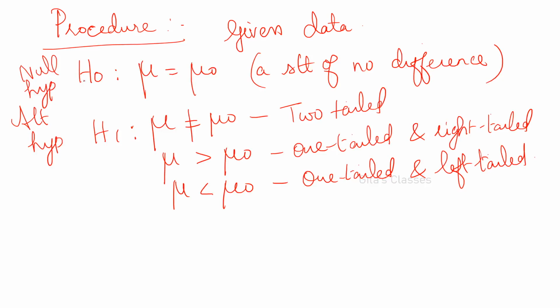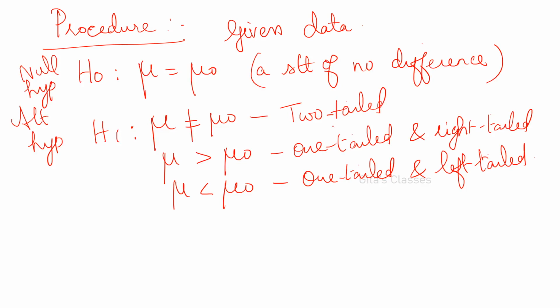So the first step is the null hypothesis H0. The next step is the alternative hypothesis H1. You must write this immediately after writing H0, because if you want to find the table value from the table, it will differ according to whether it is two-tailed or one-tailed. It will have different values.